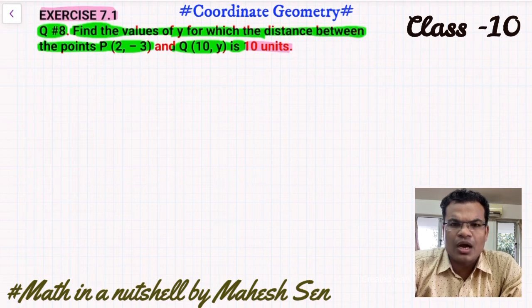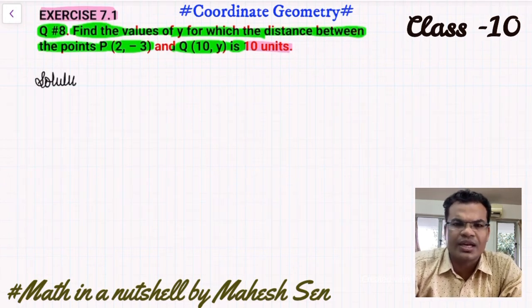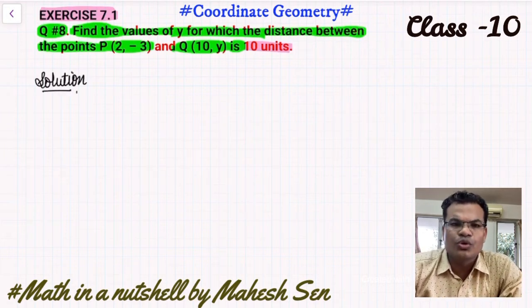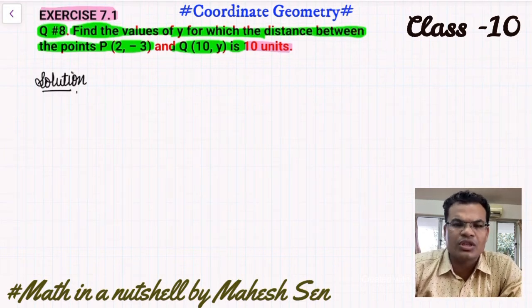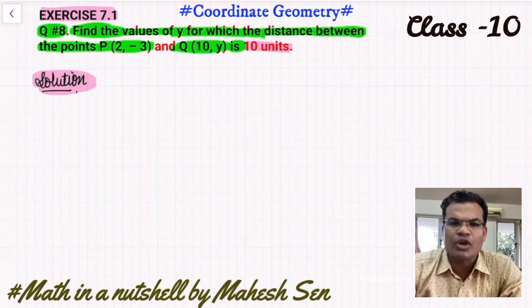Before starting, I just want to inform you how you will have these 2 points, and the distance between these 2 points is 10. So we have the 2 points P and Q. We'll join these 2 points and draw a line segment. Basically the length of the line segment is 10 units. It may be centimeter, meter, anything.